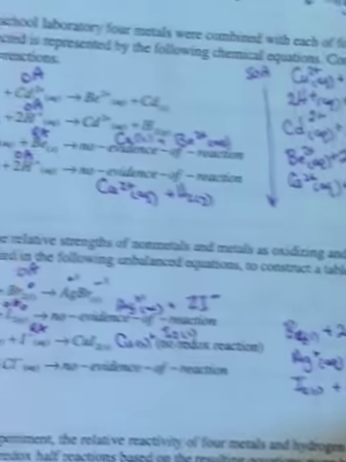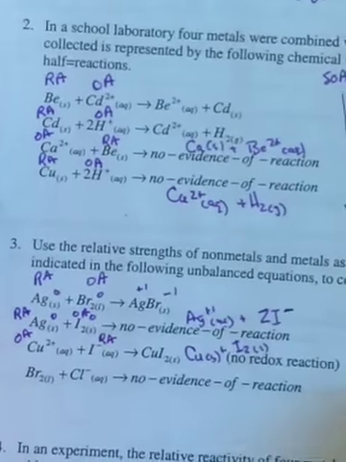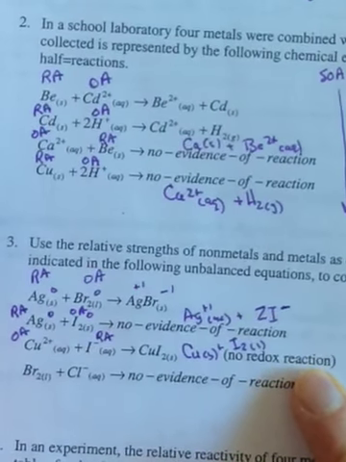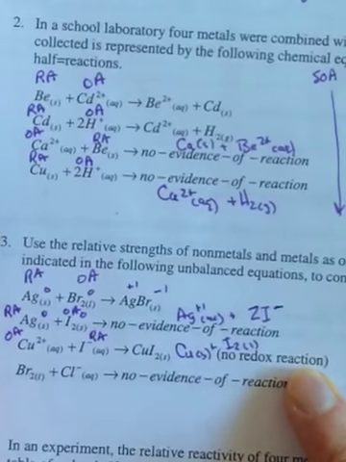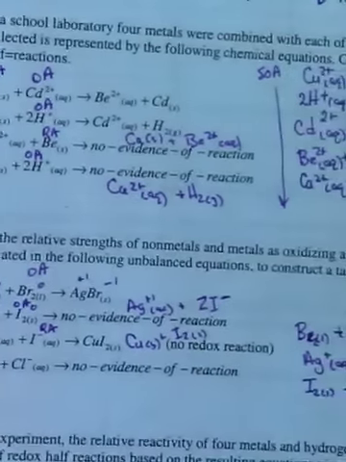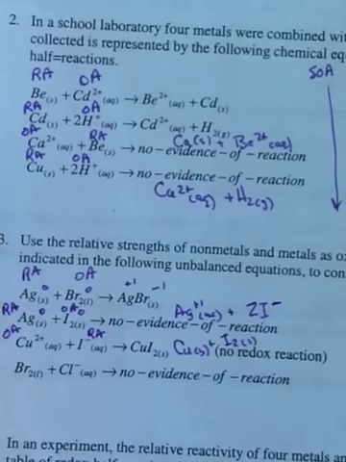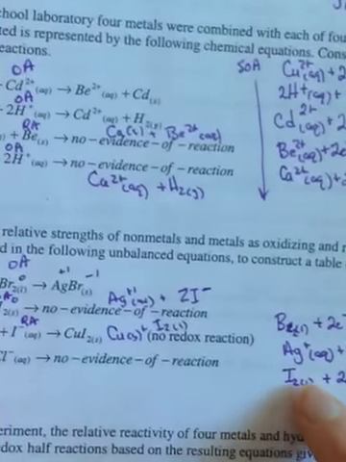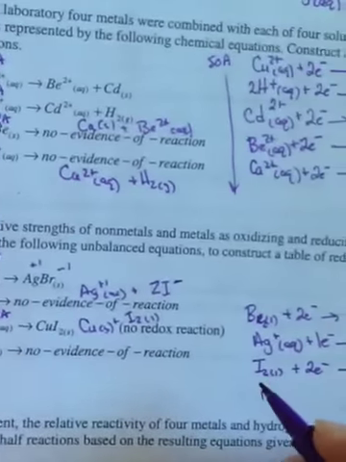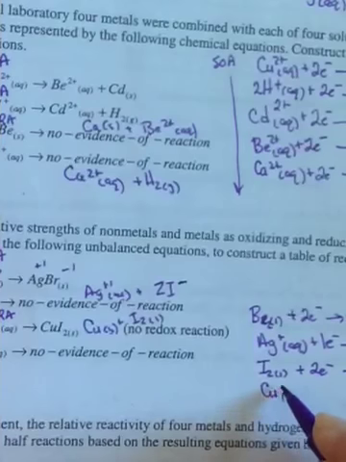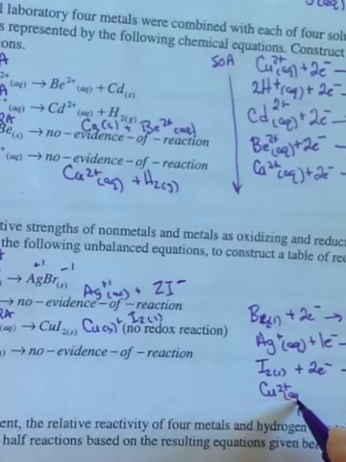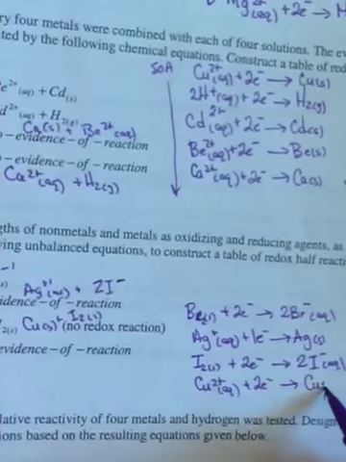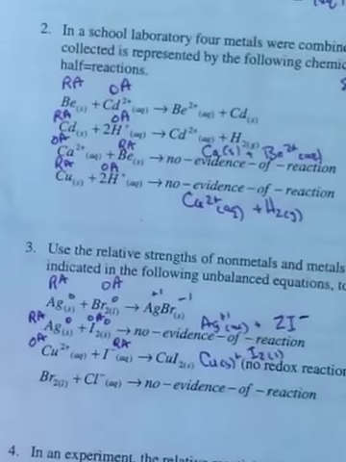And yes, I do LEO and GER in my head all the time. Because there's not a redox reaction, we would say the redox reaction is not spontaneous, which means the reducing agent has to go above the oxidizing agent, or the oxidizing agent below the reducing agent, since the reducing agent's already here. So Cu has to go below here. Say Cu2 positive aqueous plus 2 electrons would go to Cu solid. All right, and then